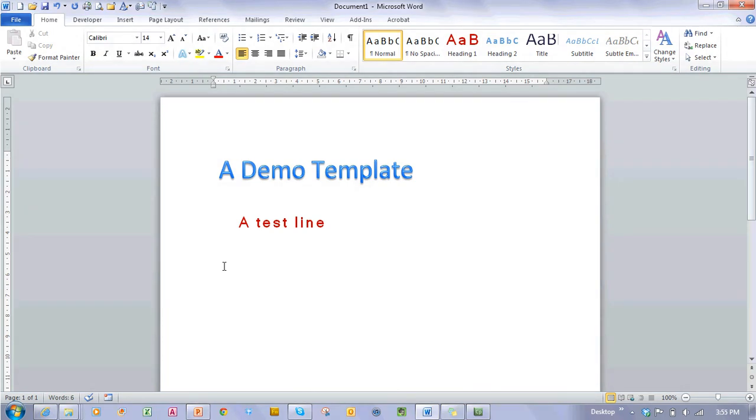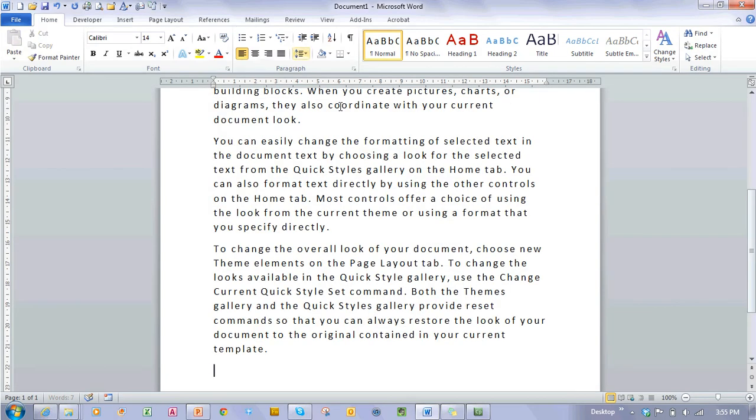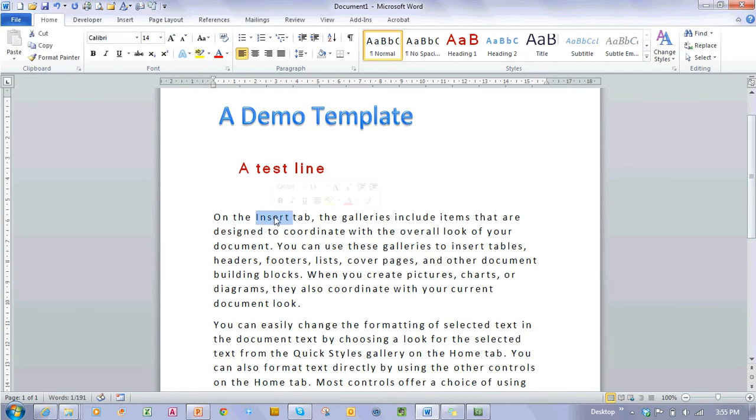Okay, so now what I want to do is I want to create my own style that's going to be available to this particular template. So I could do with some sample text. Okay, that'll do. So because I'm going to create this new style based on some formatting that I've done,